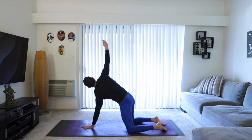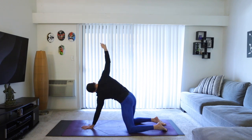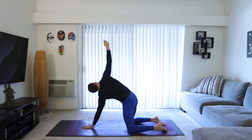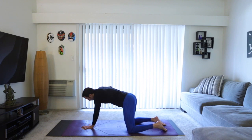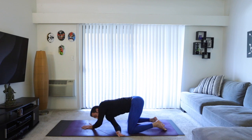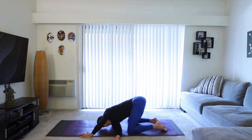Now keep reaching here, broaden through the upper back and shoulders, lengthen through the neck here, so shoulders away from ears. Chin slightly towards the chest, and maybe you're turning to look up towards the ceiling, pressing actively to the palm of that left hand. Inhale here. Exhale, thread the arm through to the left and come down on the right side and rest your head on